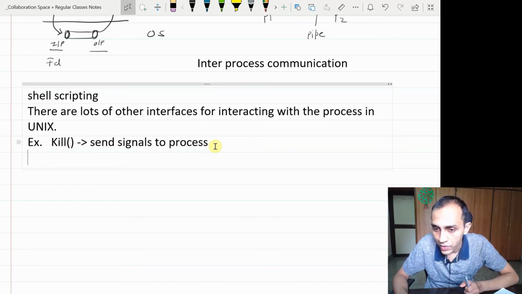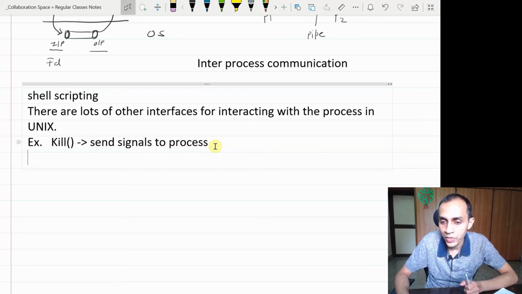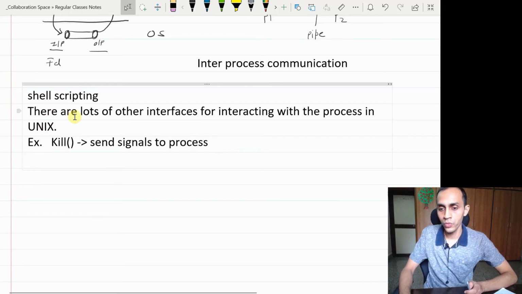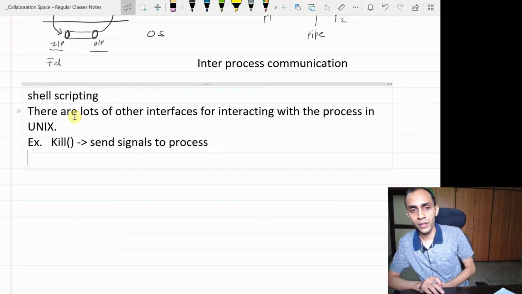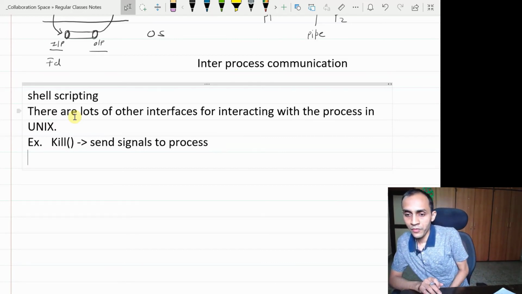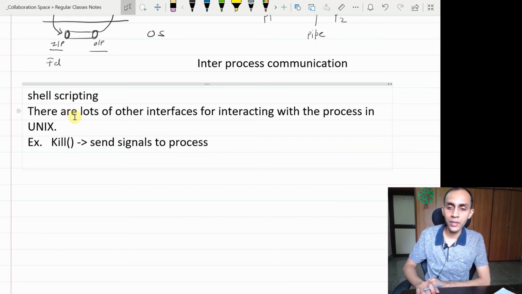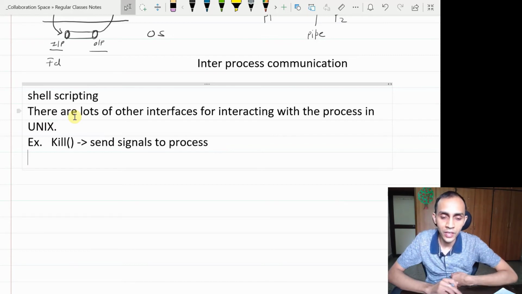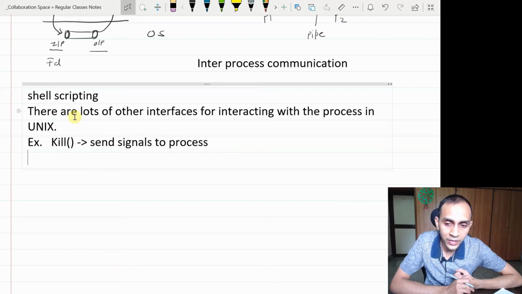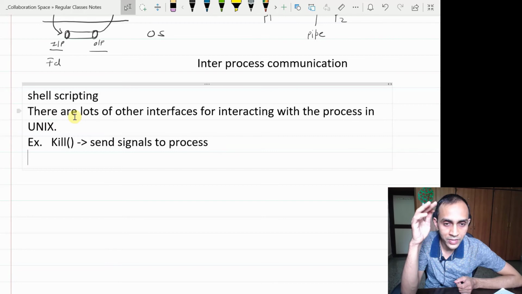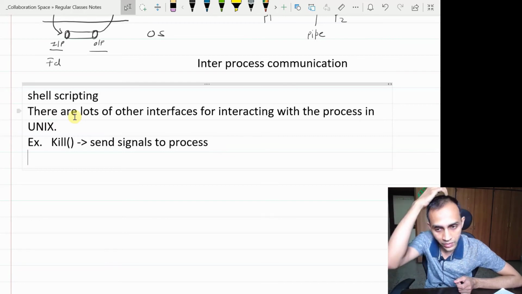Does execvp find commands from the path, or do you have to put the entire path? For standard commands whose executables are in the bin folder, those paths are already written in the path file. So if you are not specifying the entire path, execvp will by default first search in the current folder. If it doesn't find it there, it will read the path file. If it finds it there, it's fine. If it does not, it will give an error.